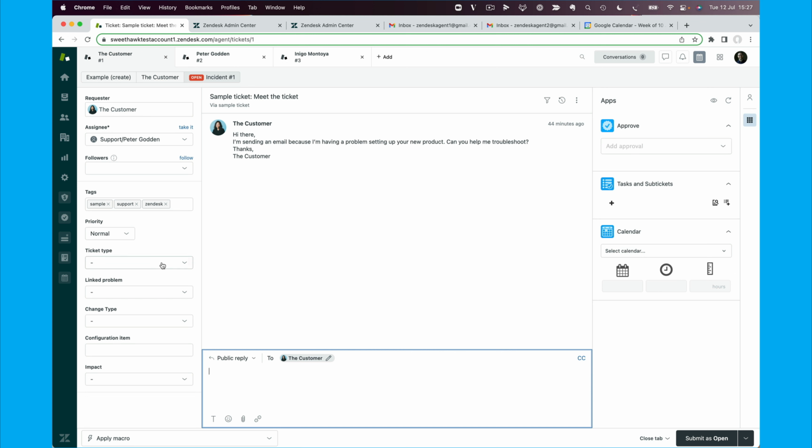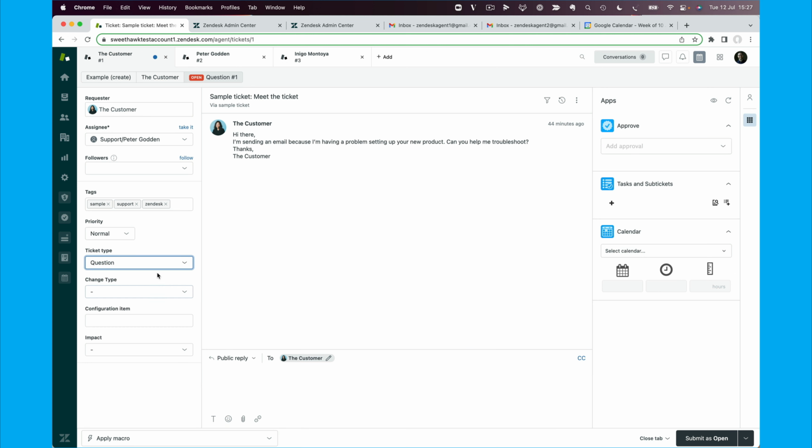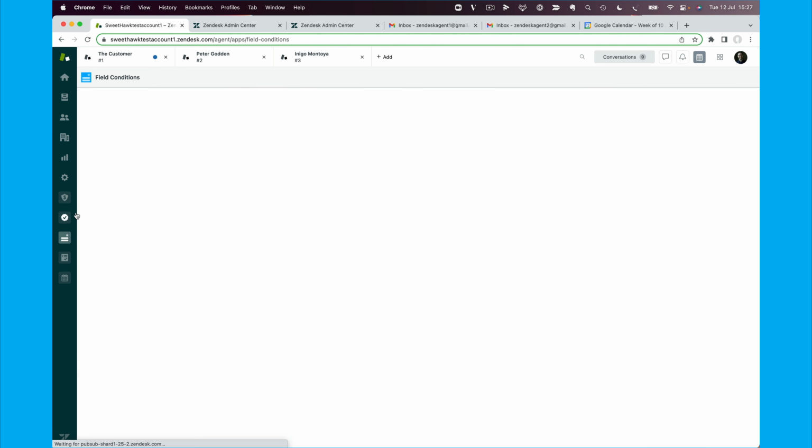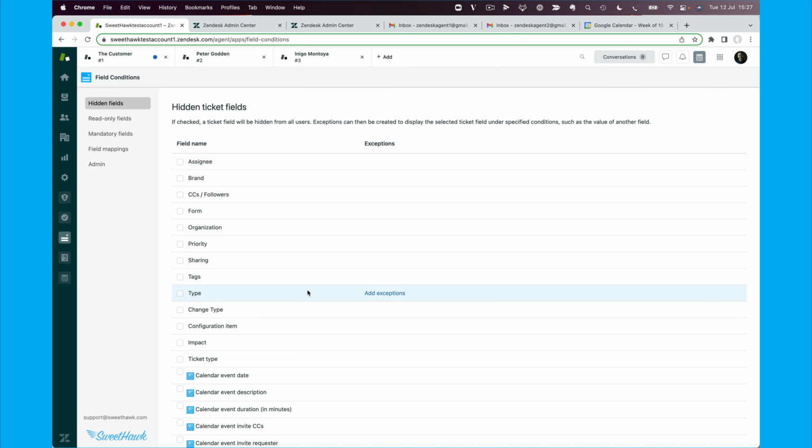So we can see question, change, what have you. But we've got our 3 extra fields we just created: change type, configuration item, and impact. But we don't actually want these fields to show when, for example, question is selected. So this is where we need to set up our conditionality. We can do that by going into the field conditions app and going over to the fields that we want. So we'll start off with change type,